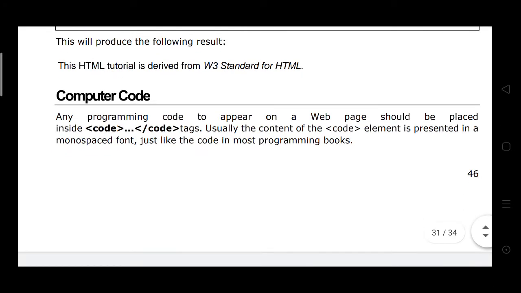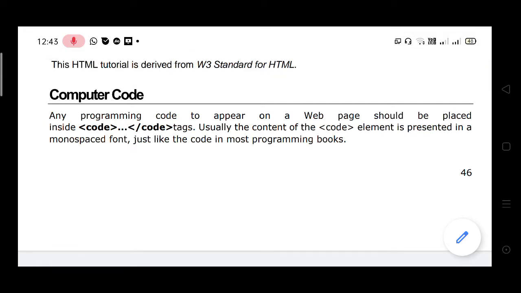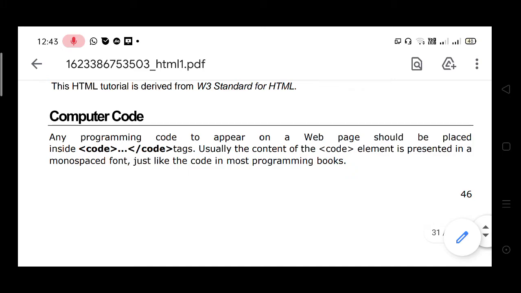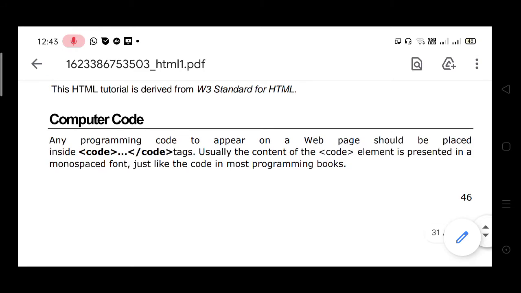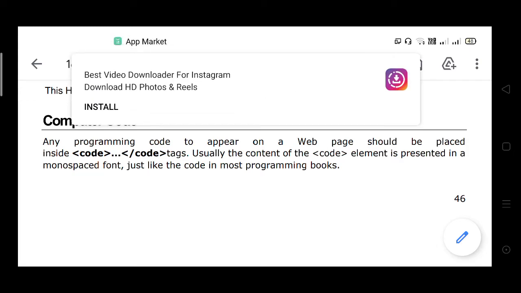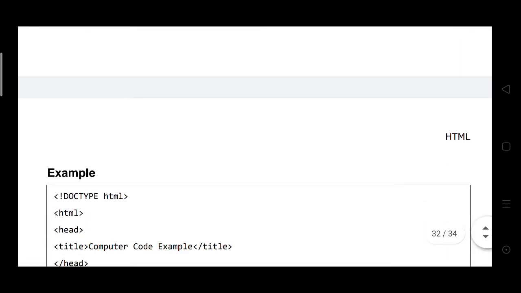Computer code. Any programming code appearing on the web page should be placed inside the code and close code tags. Usually the content of the code element is presented in a monospaced font, just like the code in most programming books.